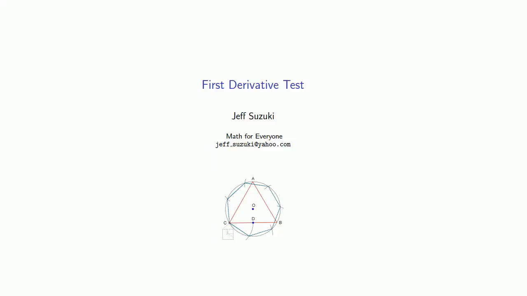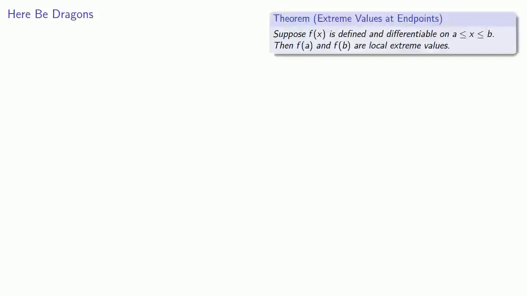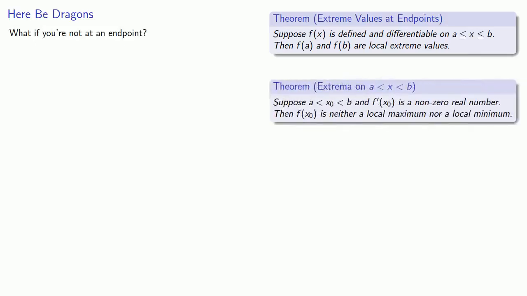To solve an optimization problem, we need to use what's called the first derivative test. So first of all, remember that if a function is defined and differentiable over an interval, the endpoints always correspond to local extreme values. But what if you're not at an endpoint? If you're not at an endpoint, and the derivative is not equal to 0, then you're neither a local maximum